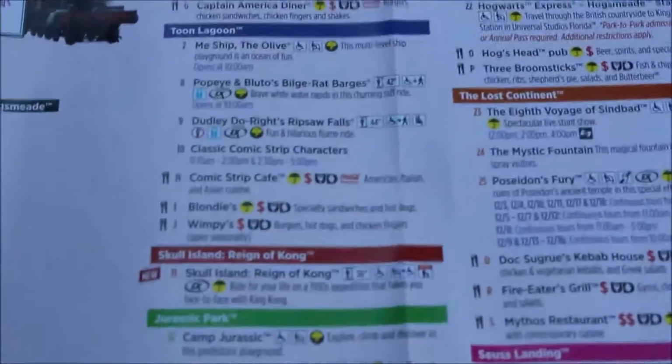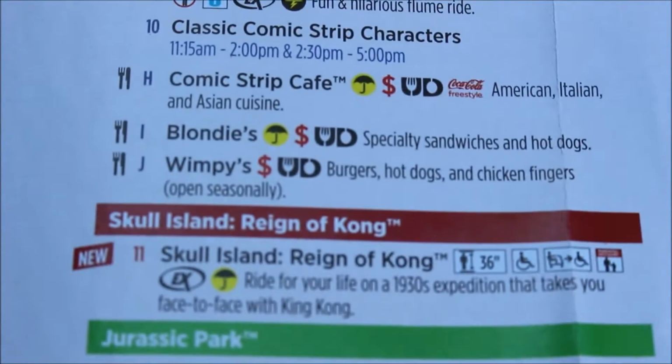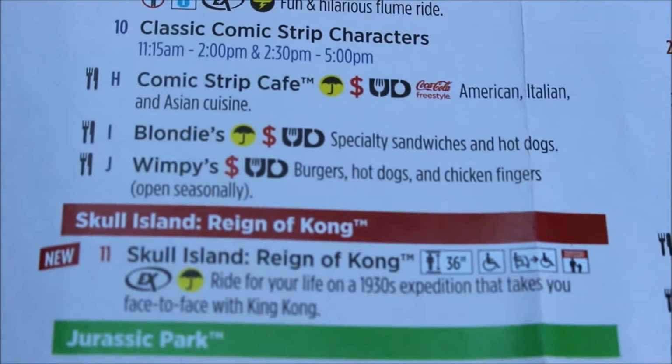And if you go over to the side over here, where it tells you about all the food and attraction options, there it is, just by itself. Skull Island, Reign of Khan. What makes this even weirder is the fact that Skull Island, Reign of Khan, the land, has a shop and a small little store for food, but they're not located on the map at all. It's literally just the ride,